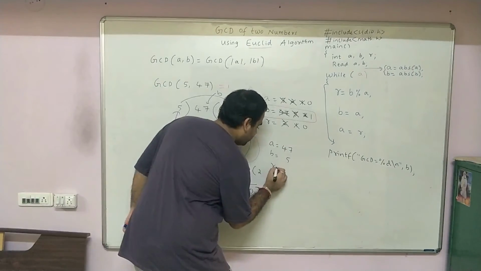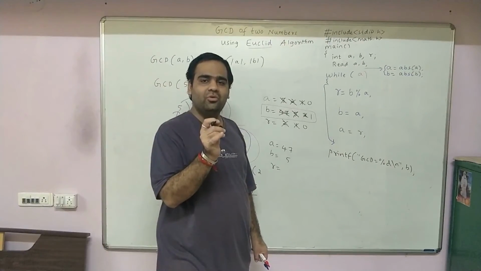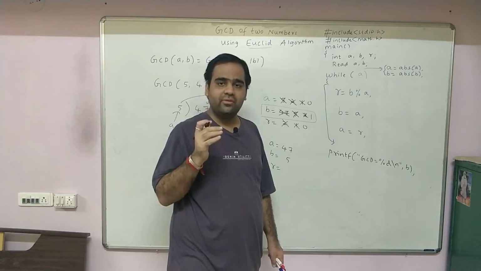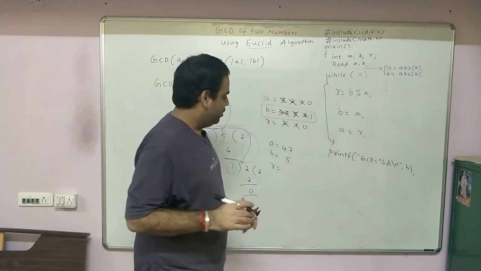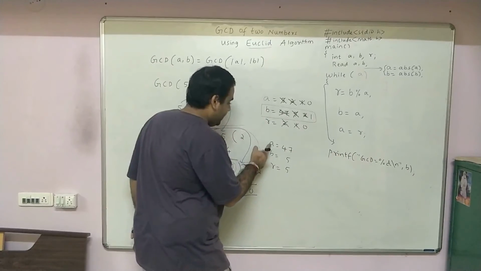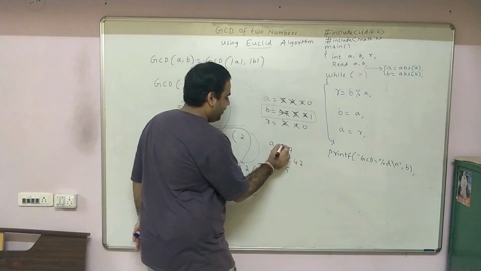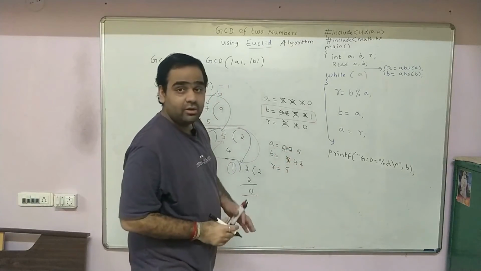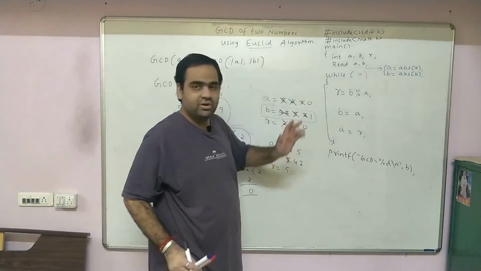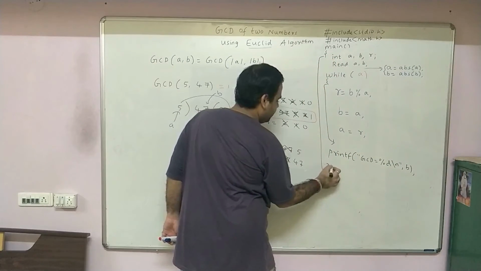In C, R is equal to B modulo A. Now 5 modulo 47, A modulo B is equal to A if A is less than B. That we have discussed in operators. In the description section, I will give the link of the operators. Please see over there. Therefore, the value of R will become 5. Now B gets the value of A. What is the value of A? 47, and A gets the value of R. What is the value of A? 5. Now what it will do, if A is greater than B, it will swap the two numbers and the procedure will continue. At the end, the GCD will be in B and we stop the procedure over here.